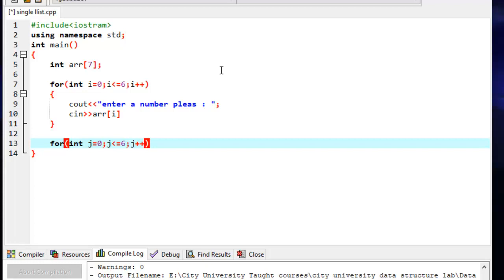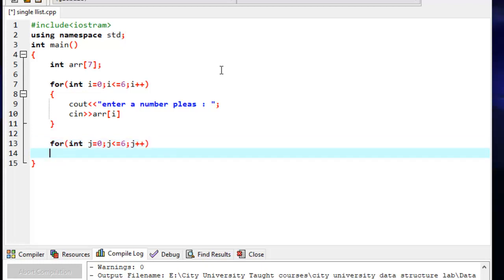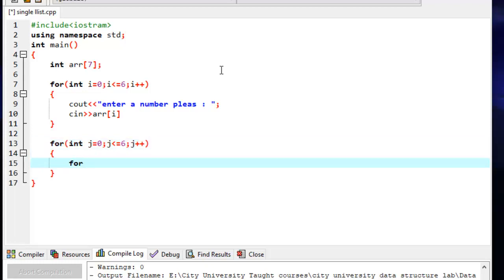Again, inside this I will create another loop with k. The k will start from the next number, so j plus 1, the next element, and k will be less than or equal to 6.